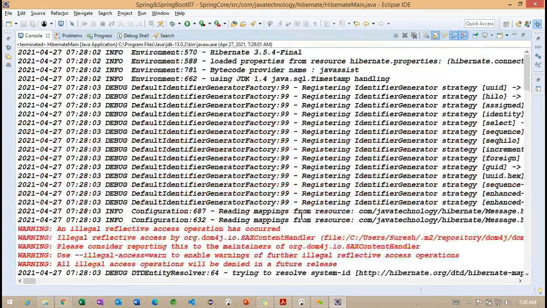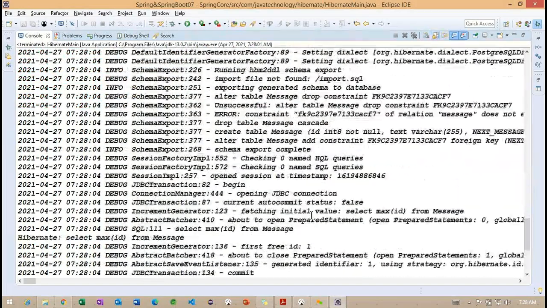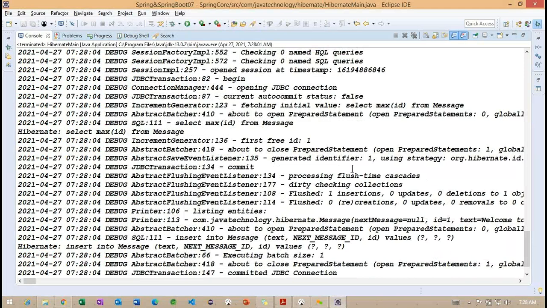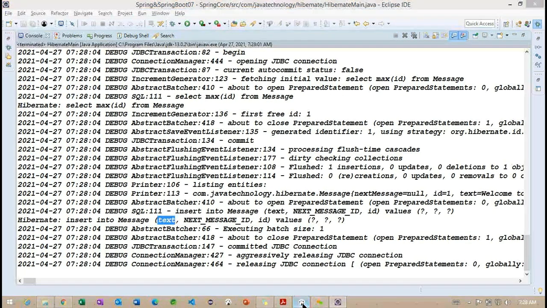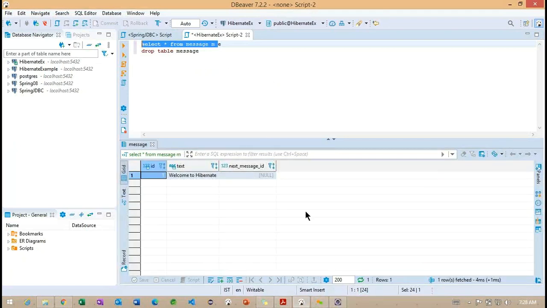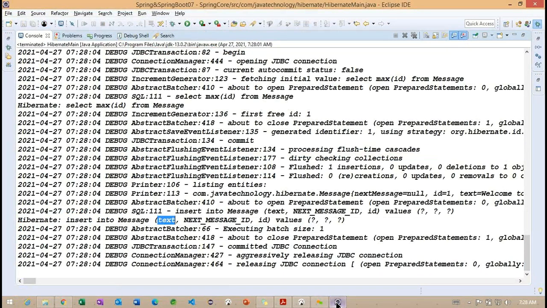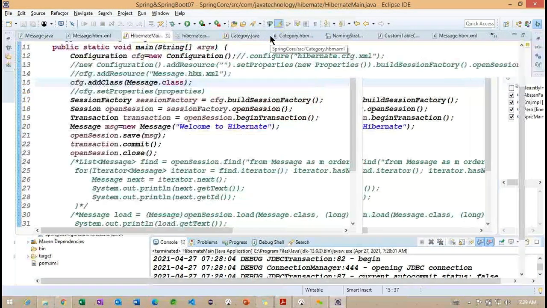Oracle operation. Select max ID from text, here we are getting max ID. So why are we not getting it with capital letters? Let me try ID text. But what we are expecting, capital letters, and the table also needs to change with capital letters.